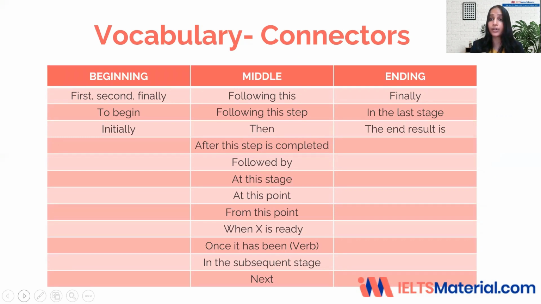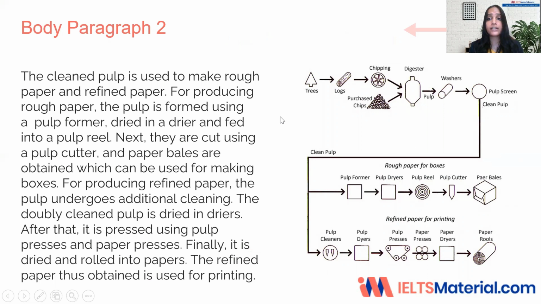Now that we have understood how to write the introduction, overview, and the body paragraphs with the relevant grammar and vocabulary, let's try the next body paragraph. Now we can describe the rest of these stages in detail. So this is how it looks like. The cleaned pulp is used to make rough paper and refined paper. For producing rough paper, the pulp is formed using a pulp former, dried in a dryer, and fed into a pulp reed. Next, they are cut using a pulp cutter, and paper bales are obtained, which can be used for